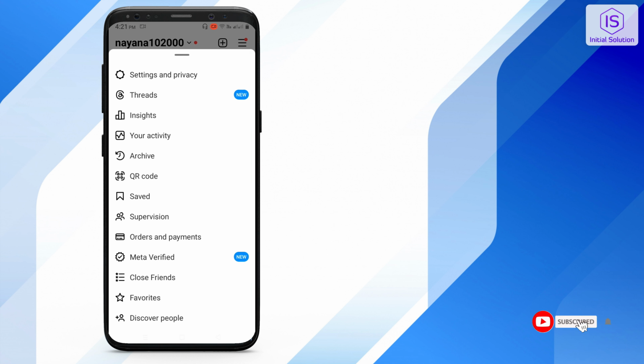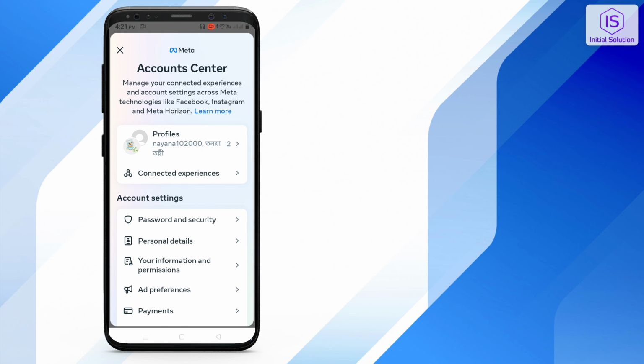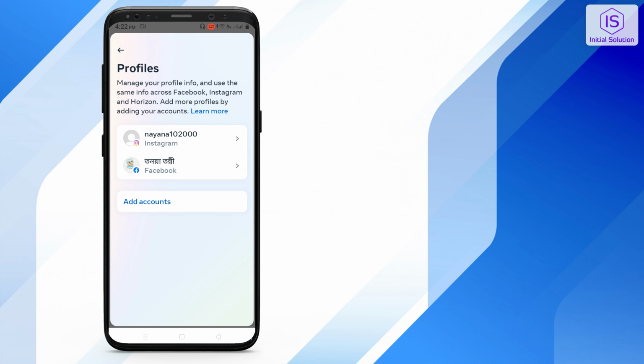So for this problem, first of all, go to your profile, click on this three line option, go for settings and privacy. Now go for account center. You can see I have my Facebook account linked here and my Instagram account here. Go for your Instagram account. Now click your Instagram account also here,